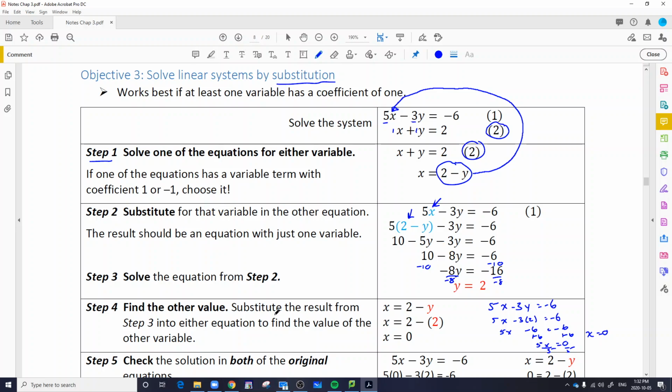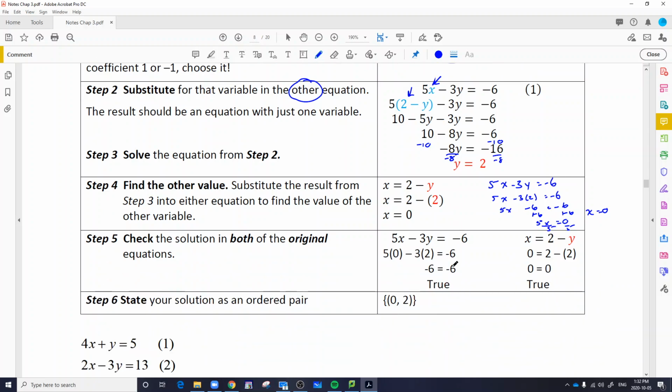So, I don't know if I've been saying my steps all the way along. So step 1 was choose one of the equations and solve for a variable. Step number 2 was to substitute that variable into the other equation. That is the key word here, other equation. Step number 3, solve the equation from step number 2. So once you've put it in one variable, you can solve it. Step number 4, find the other value by substituting in from your answer from step 3. And then step 5 is optional. You check